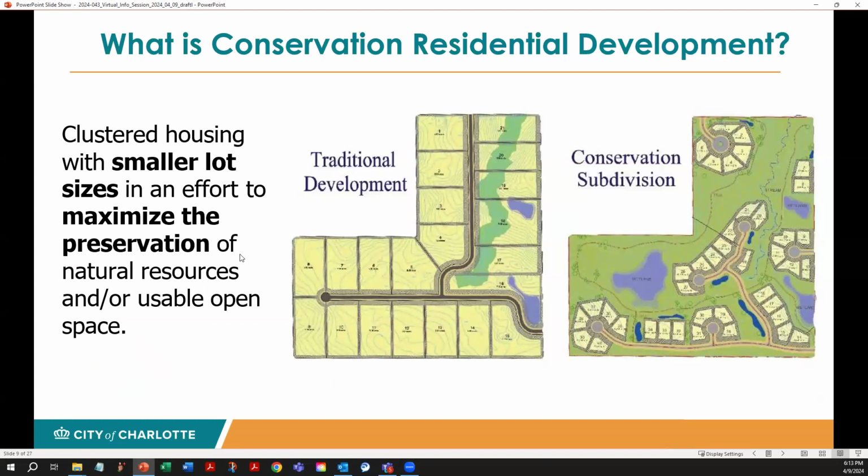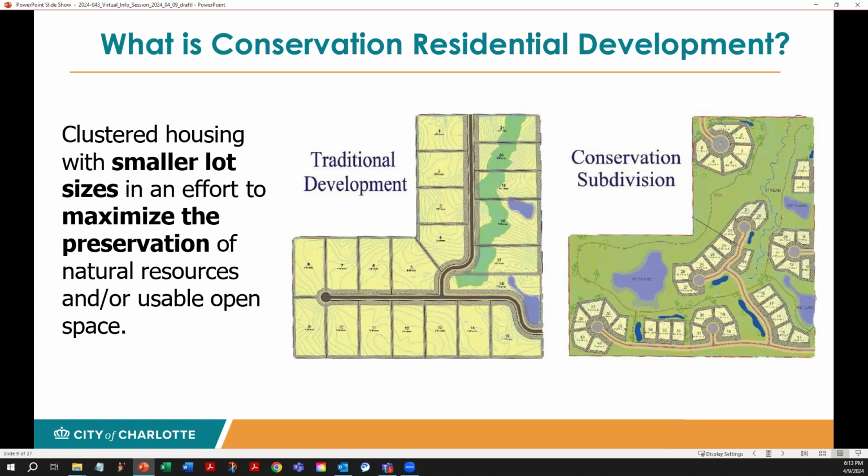So what is a conservation residential development? It's a concept that's been used in planning for many years. As opposed to a traditional subdivision, which might look something like the one on the left, where you've got large yards and each yard is a house, and the open space is primarily in your front and backyards, in a conservation subdivision, you would allow smaller lots, and you would take the open space and put it together for the use of all residents in the neighborhood in some common areas, and conserve more of the site